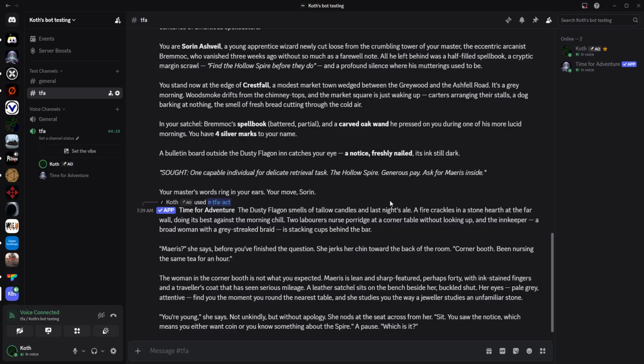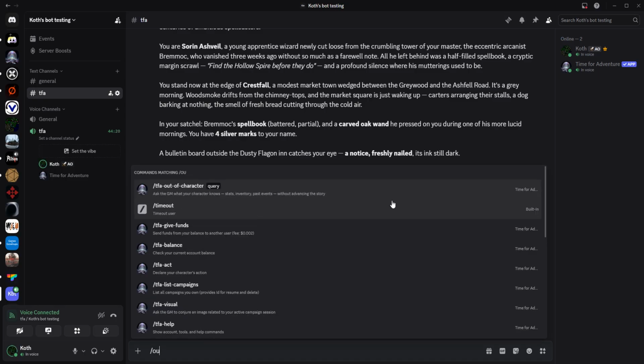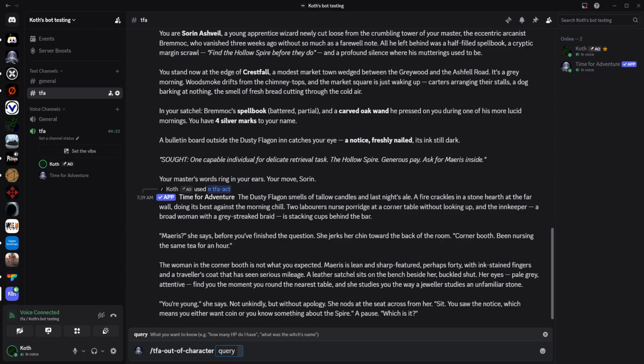There is a command called TFA out of character. And this is a command that you can use to basically ask questions about the state of the adventure that are done in kind of an out of character way. The important thing is it will not advance the story in any way. It's just going to give you information about things, and only things, that your character already knows. So one thing you can say is,